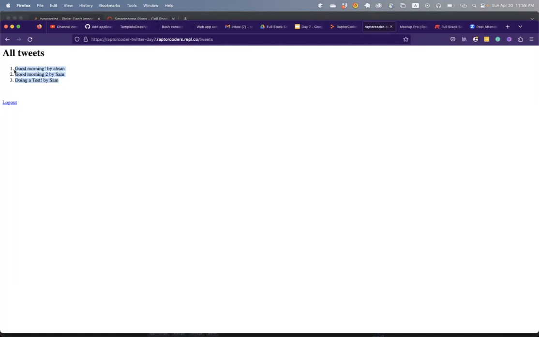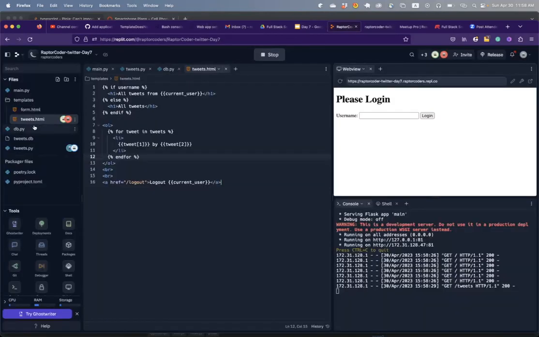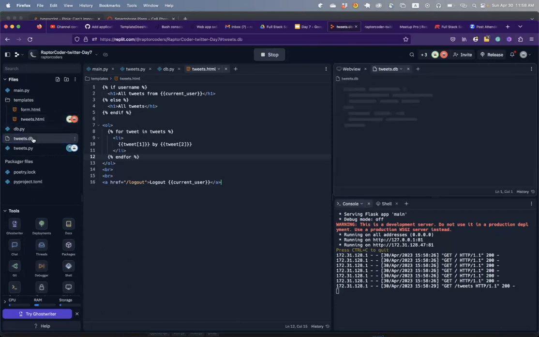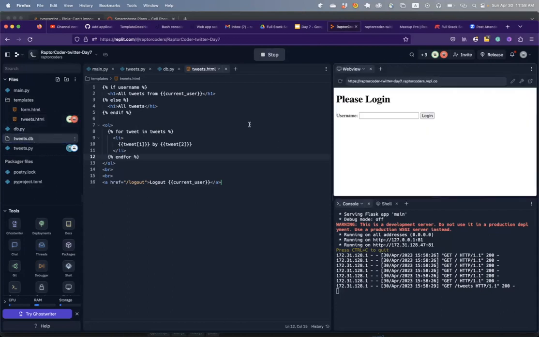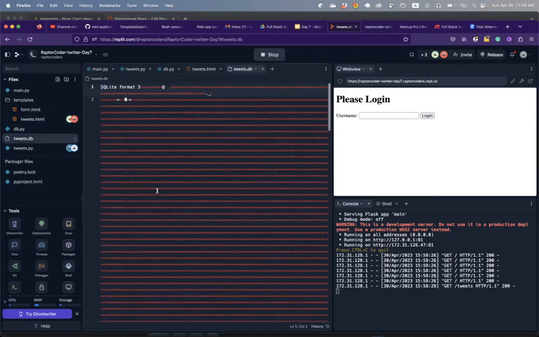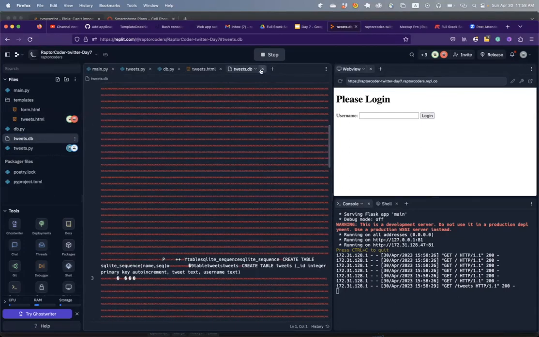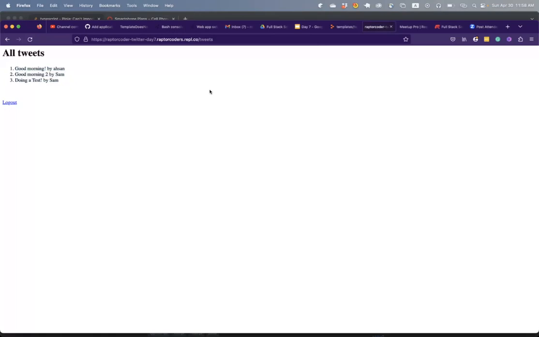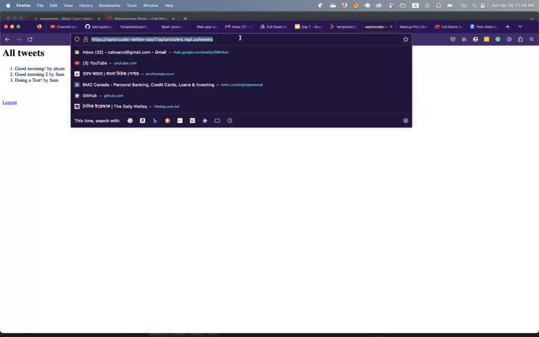It is because the data is permanently stored in the file that we created here, which is this one, tweets.db, which we cannot read, definitely. It's in the binary format. So all the data is stored in here, okay? So this is the good news. So now, next feature that we wanted to test,